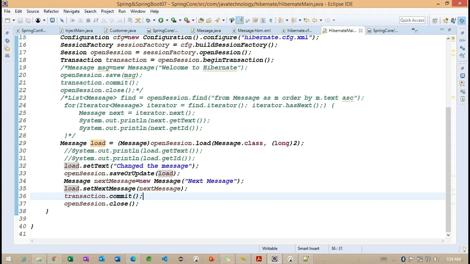Okay, so we'll see tomorrow regarding this particular example. Now we'll understand the architecture. To understand this architecture, we are going to discuss the core interfaces here. Hibernate architecture is nothing but the core interfaces; we have around 6 core interfaces. We are going to discuss each and every one, how exactly each core interface is going to work.